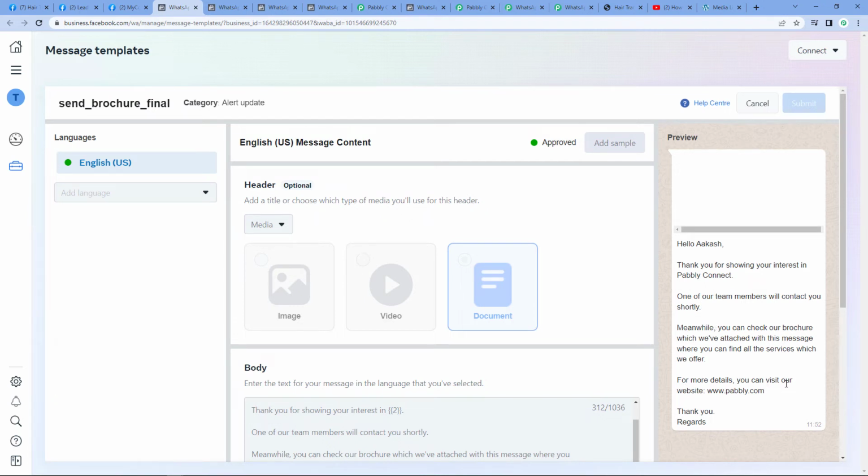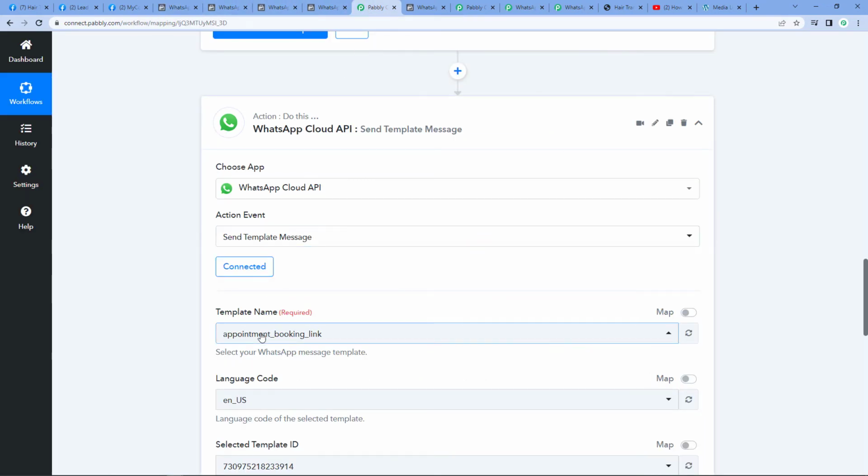For more details, you can visit our website, and then the name of the website is there. Thank you, regards. Now we'll go back to our Pabbly Connect page, and here we are going to select the